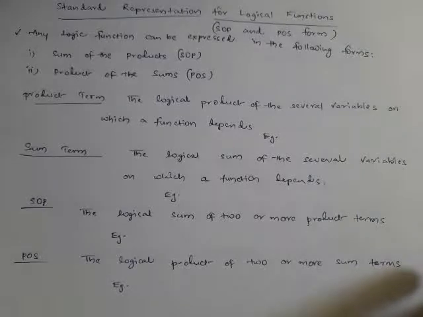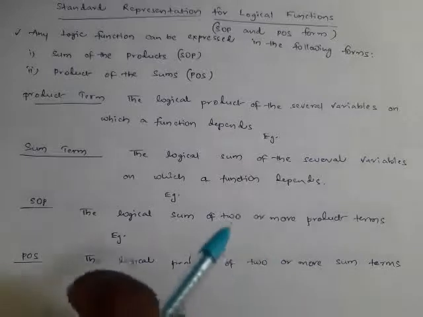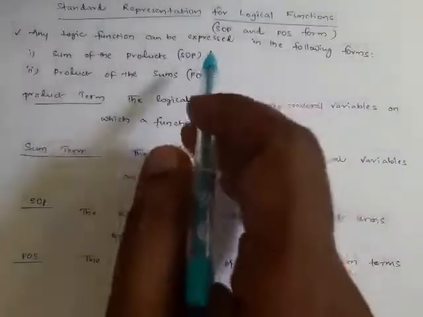So we'll look at what are the various ways to represent the boolean or logical functions in a standard way. So any logic function can be expressed in the following forms,